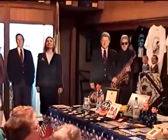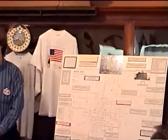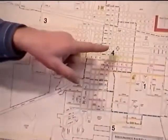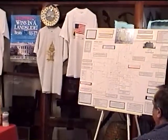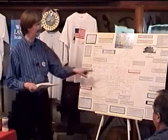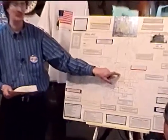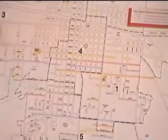I think I'll close with this ward map that I obtained in 1996 when we did the program for the Art Association. I went through looking for different ties of the presidents to Fairfield in Jefferson County. And we discovered that this is the town square. Originally, I believe, if I can find my piece of information at the bottom, in the city of Fairfield, the original central block was called the Public Square. I'm not sure if it was actually what is now the current square. I think we were actually a block or two south, but somewhere around there, was enclosed